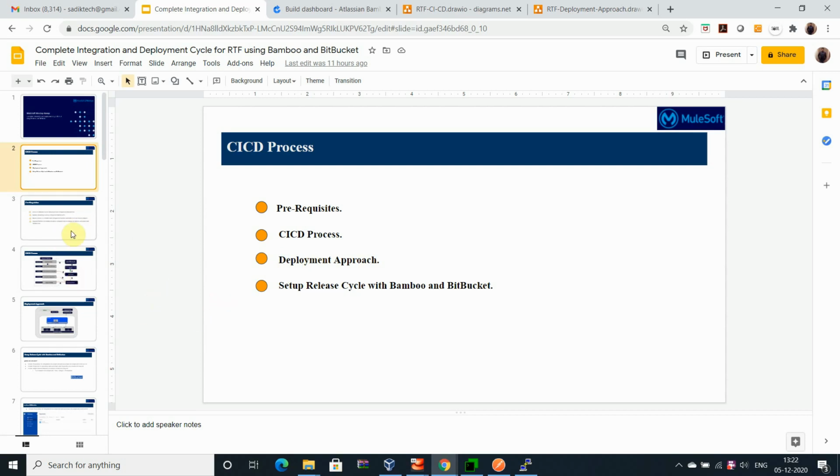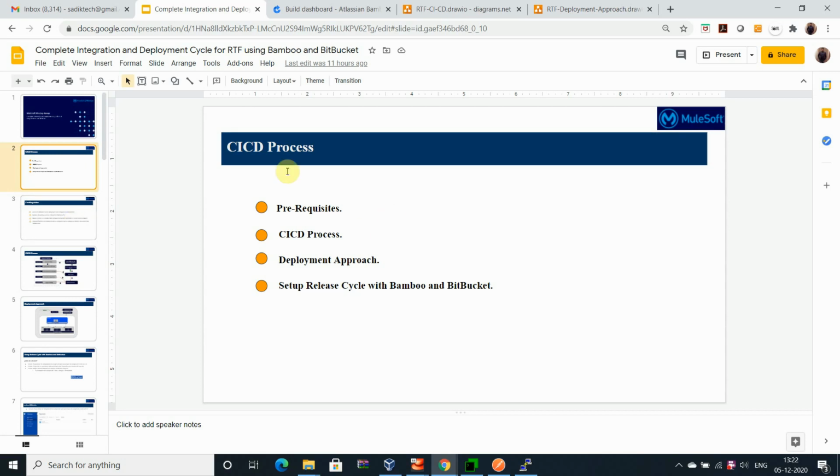Today I am going to demonstrate the CI/CD process for runtime RTF that is hosted on a customer managed platform or environment. Okay, so in today's demonstration I am going to share that process, and I'm going to present the process that will create the instance of the API on Anypoint API Manager, publish in Exchange, and deploy on the Anypoint Runtime Fabric environment.